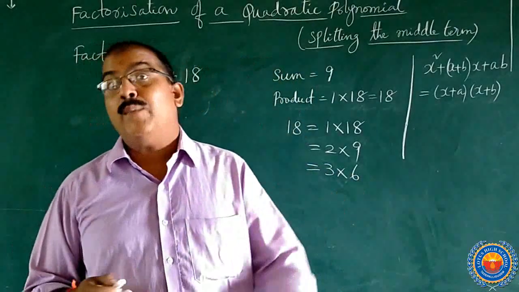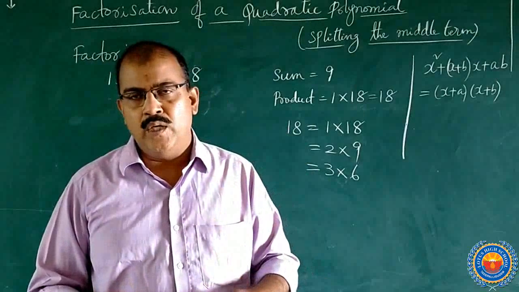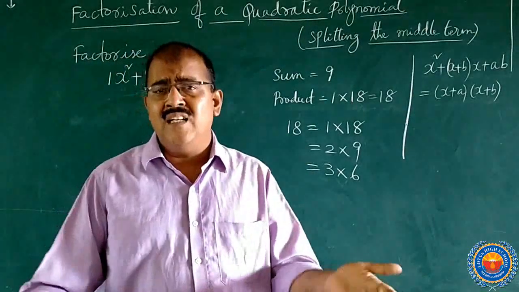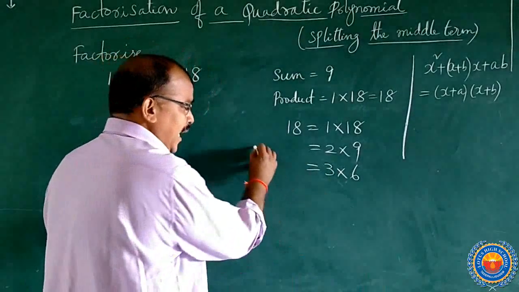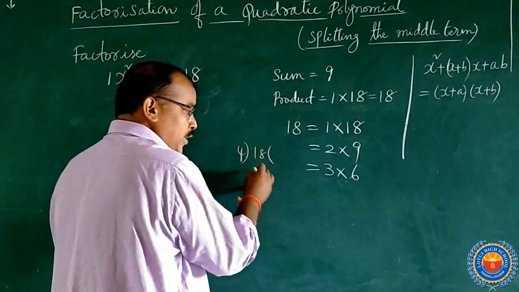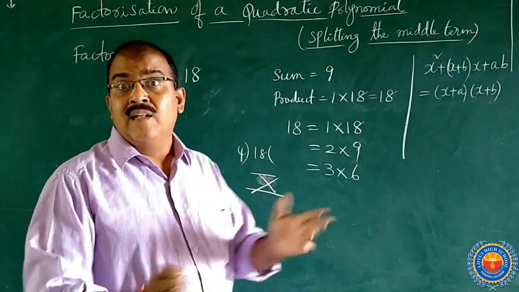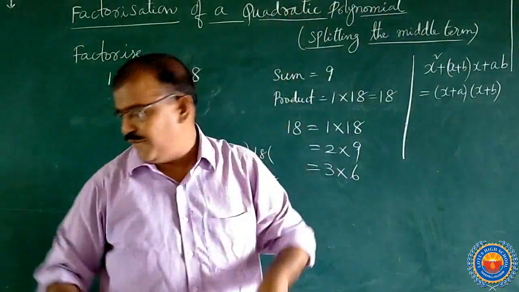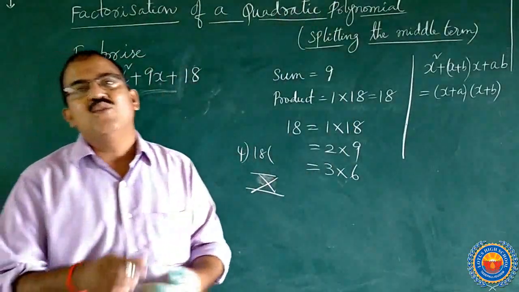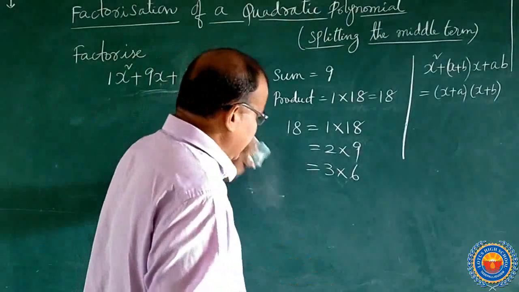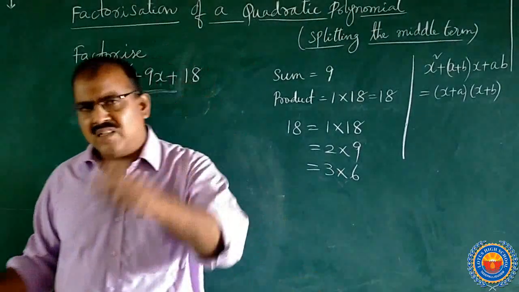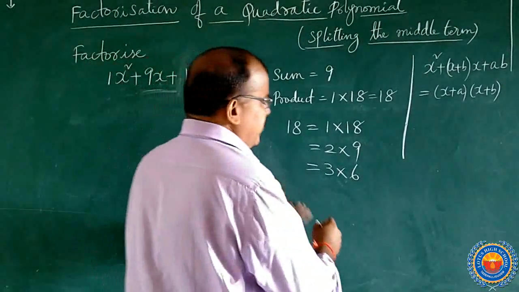What about 4? Yes, 4 is not divisible. If you don't know the divisibility rule, then there is no way, you have to do 18 divided by 4. You should get 0 as the remainder. I think you are not getting 0 as the remainder. That's why 18 is not divisible by 4. There is no way. You must know the divisibility rules by heart. Now, what about 5?